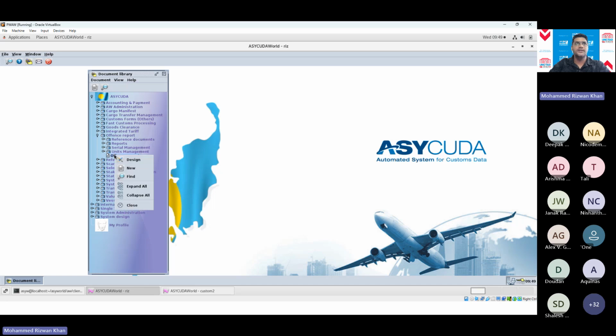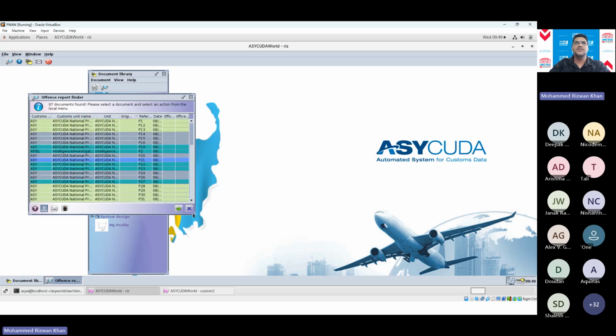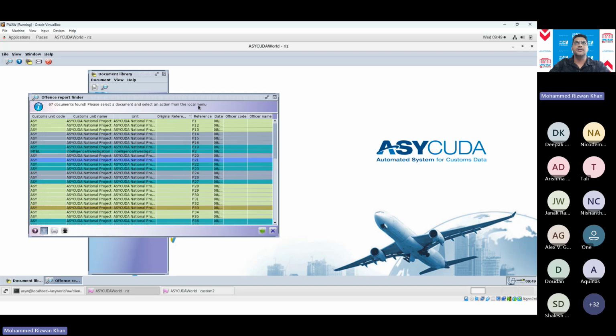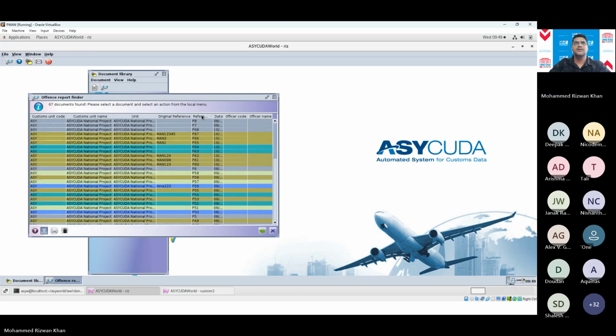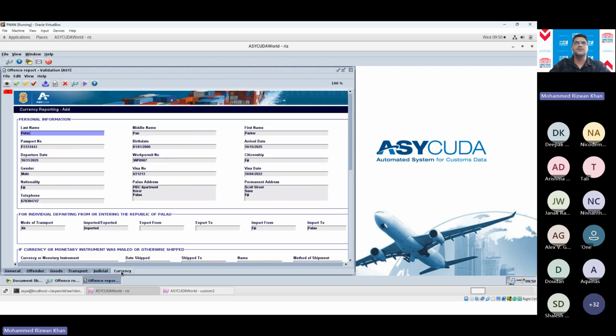Can go look for it. So it's always better to have separation of duties, someone senior or some other officer validating the work that the officer has done. So P68, they can go and validate. Validating means you are checking that information entered is actually correct or not. Again, they can reject, validate, or cancel.